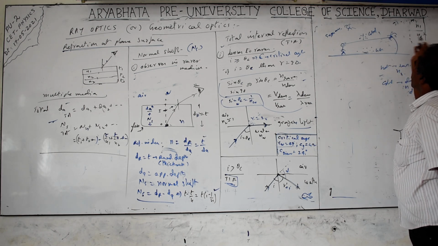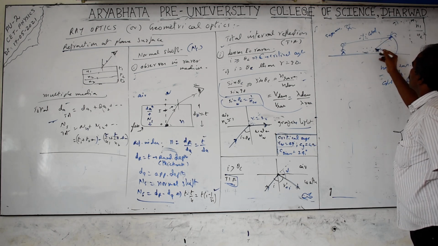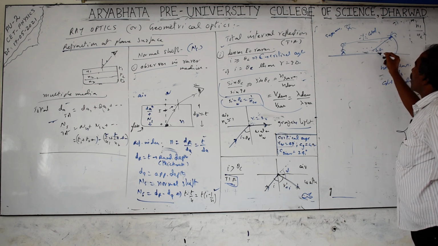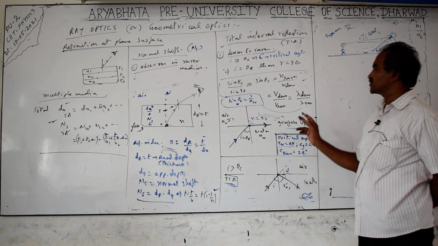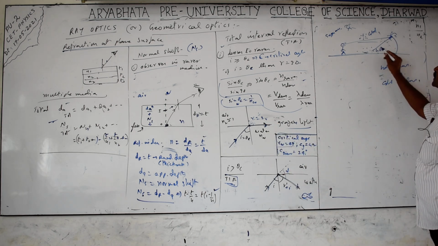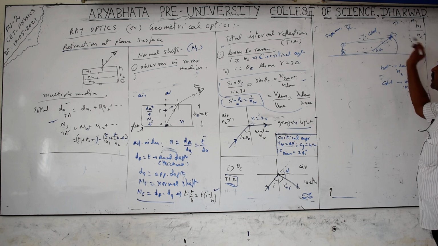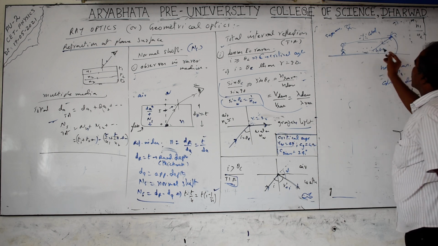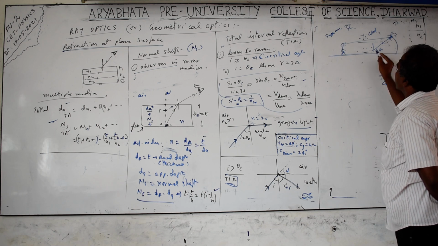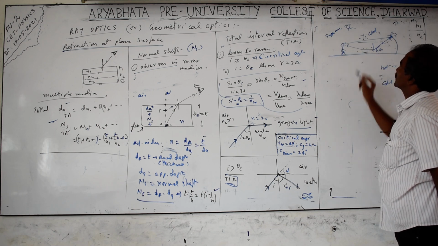Many light rays go in different directions. The light ray going towards the ground travels from cold, the top, to hot. That is the condition required for TIR: light should travel from denser to rarer medium. So it goes from cold to hot. As a result, some light rays take an angle of incidence equal to the critical angle between the cold and hot air. It bends back to the person.